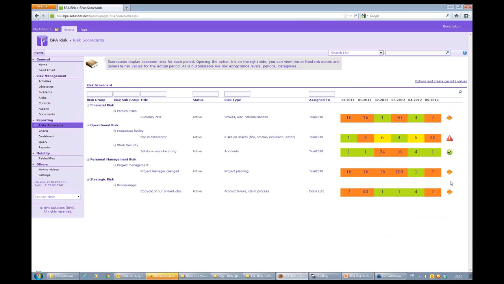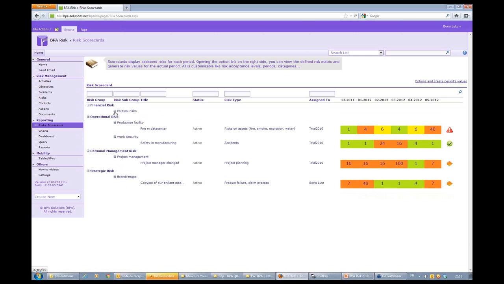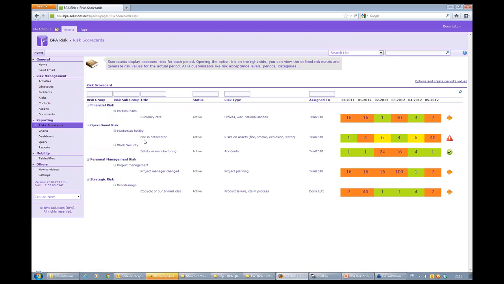And trends will be automatically calculated from this page here. I can view that risks are categorized by customizable groups and subgroups. So for example, I can open or close these groups here, and this is completely customizable. You may have your own groups. We also propose more than 120 risk types if you think it's necessary, or if you wouldn't like to start